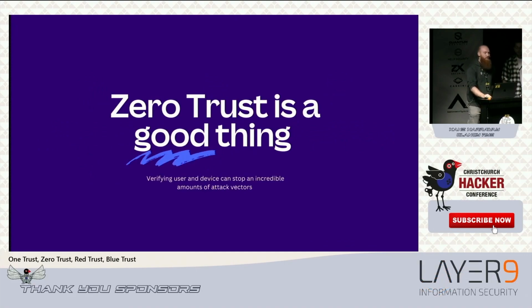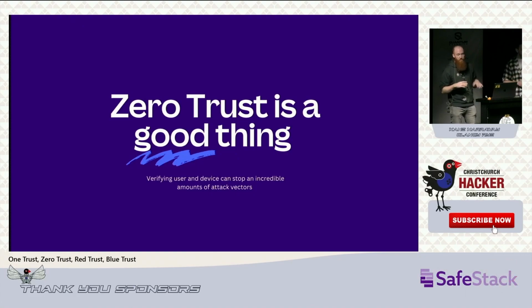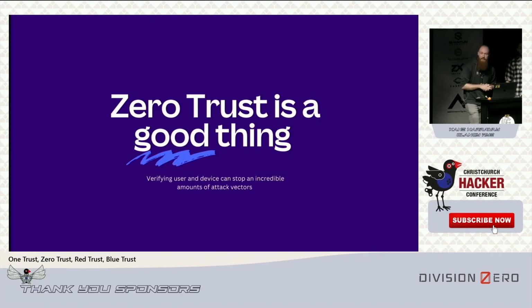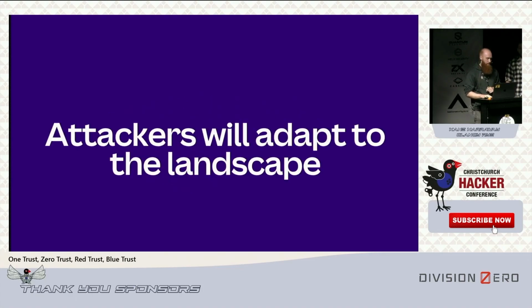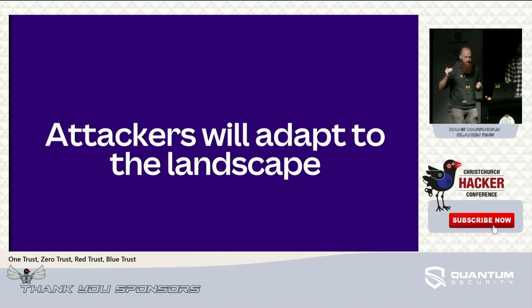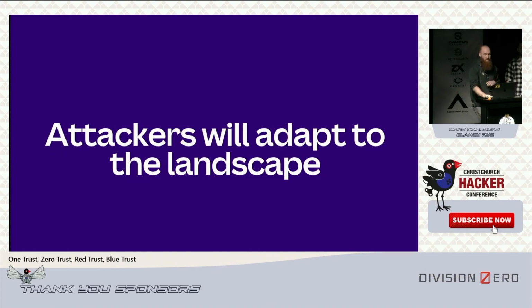And we've talked about a lot of attacks that are possible, but I think the core is that it's still a very good thing, especially when it's done well. Smaller businesses might struggle with zero trust. I'm not going to lie on that front, especially if you deal in ICS or physical systems. You may have to have some sort of hybrid network, and that's almost unavoidable in many situations like that. But I think, as we've seen, attackers adapt to the landscape. If you raise the bar, the attacks will just rise as well. And I think that is something to obviously be mindful of, and then you need to look at other controls to deal with those things as well.